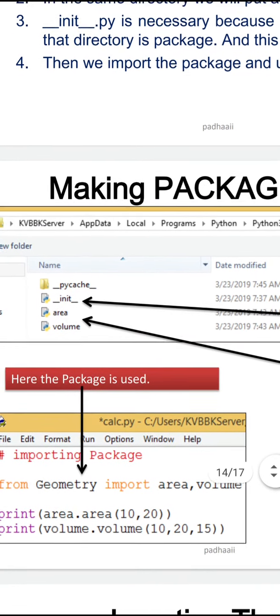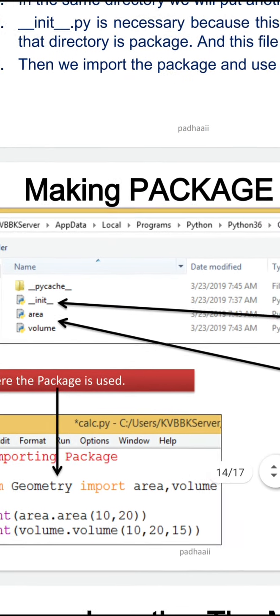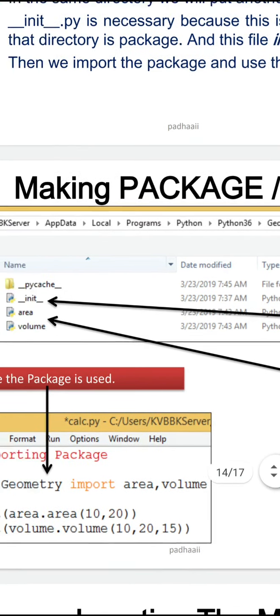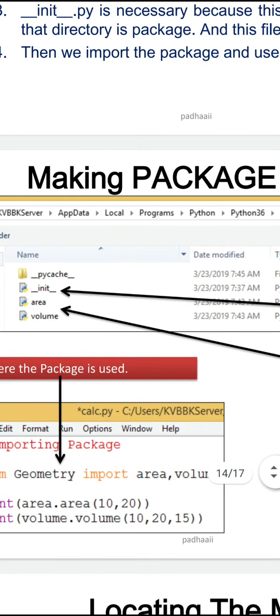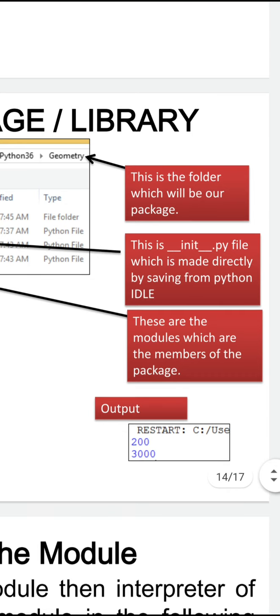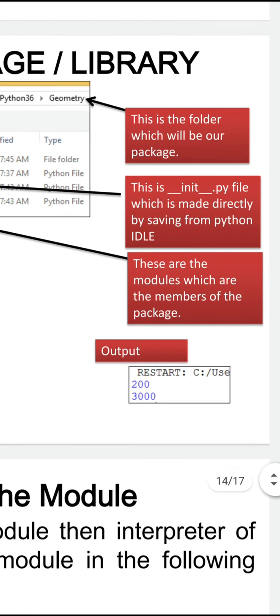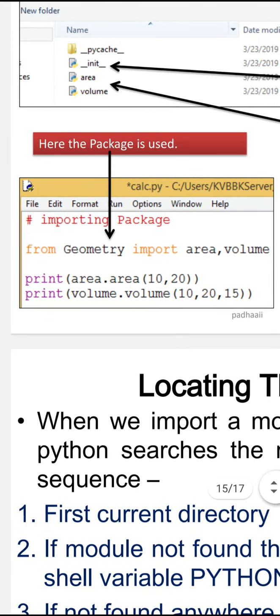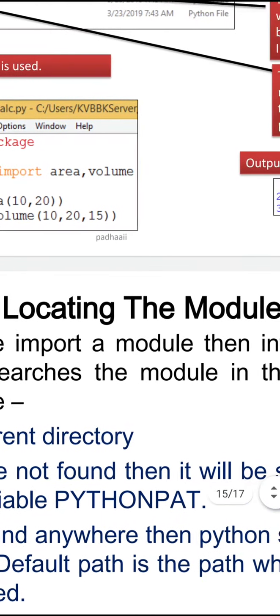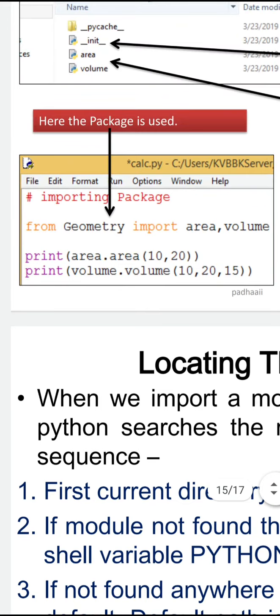See, in the diagram it is shown one folder is made. You can see here geometry is the folder name. Then within that you have all these different .py files. Okay, geometry is the folder, __init__.py, which is directly made with Python IDLE. Then there are modules which are the members of the package. Okay, now here from geometry we are importing area and volume, and we are utilizing them in the next statement. Okay,